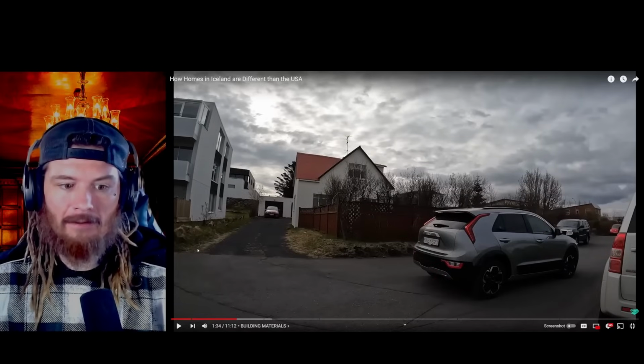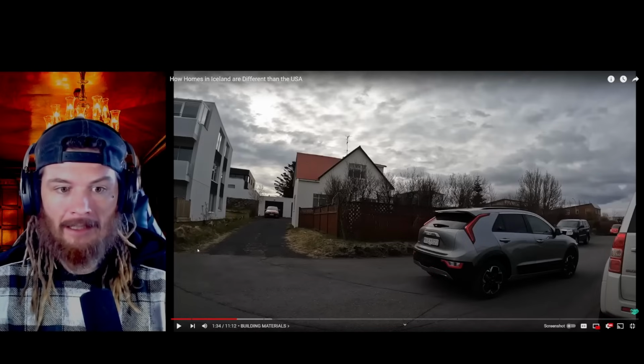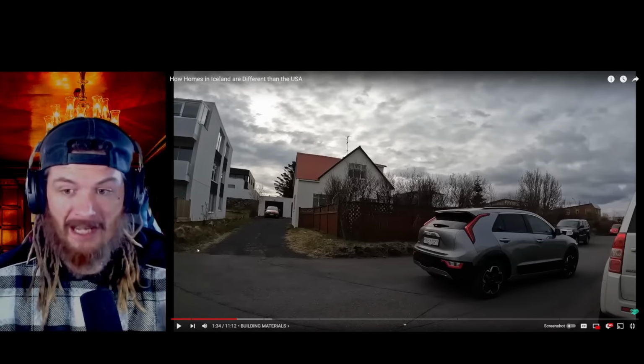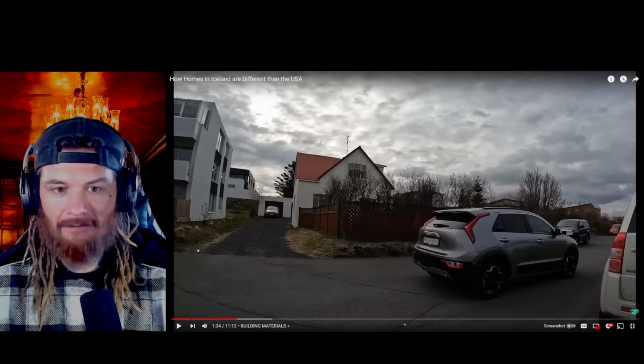Reykjavik. I've been seeing a lot of stuff. Grindavik had the volcanic eruption and the fissures and stuff like that, and it got evacuated. There was a guy that fell into one of the fissures and they never found him. Very sad. They evacuated the homes there, and I think the government's talking about trying to relocate Grindavik, maybe building a whole new town or something. I'm not sure exactly. I didn't watch any of the videos, but Reykjavik, or whatever she said,